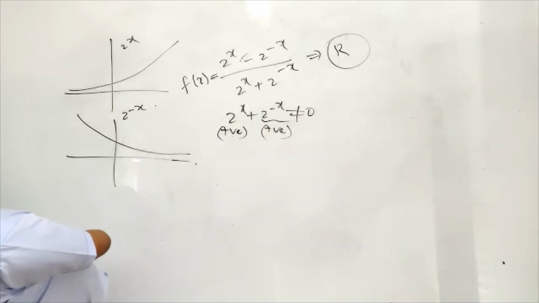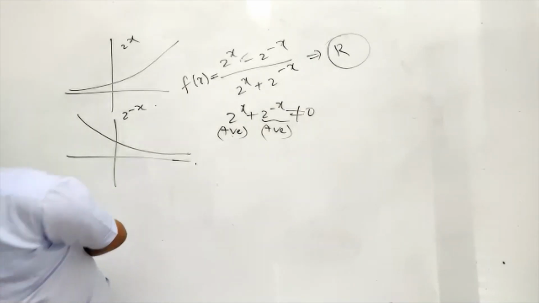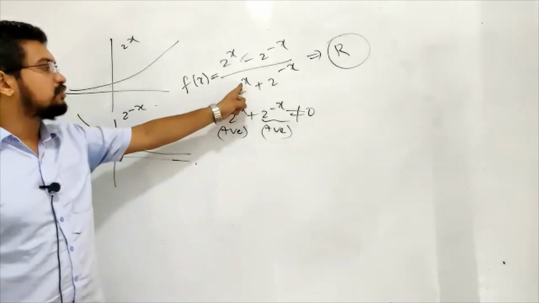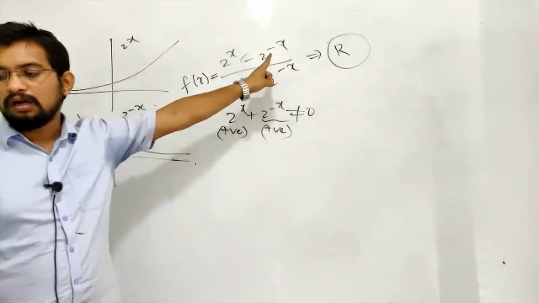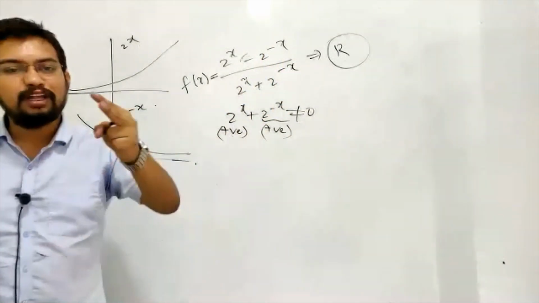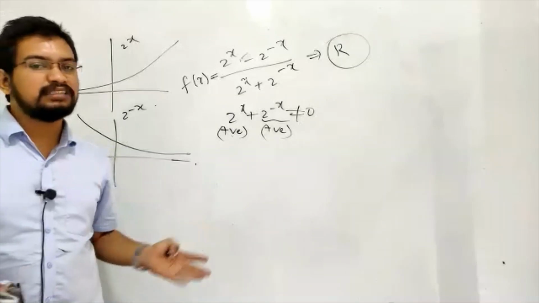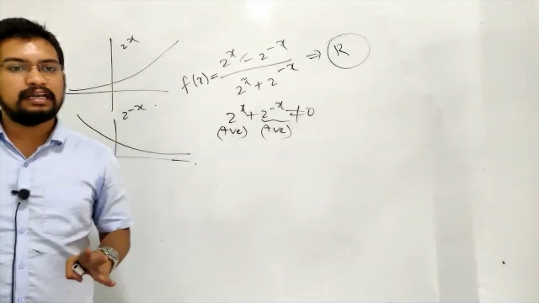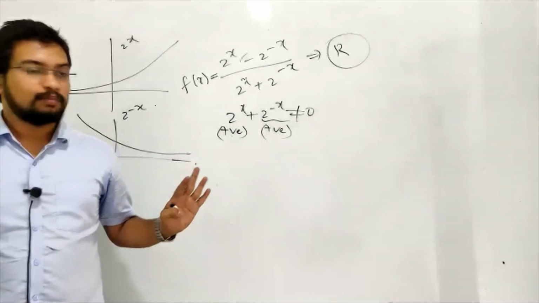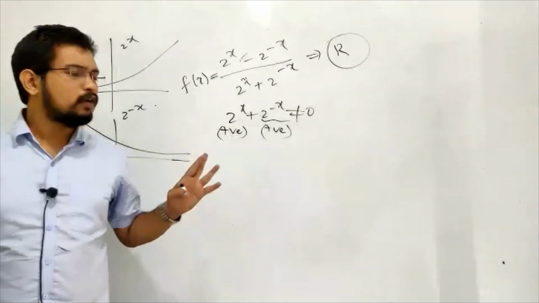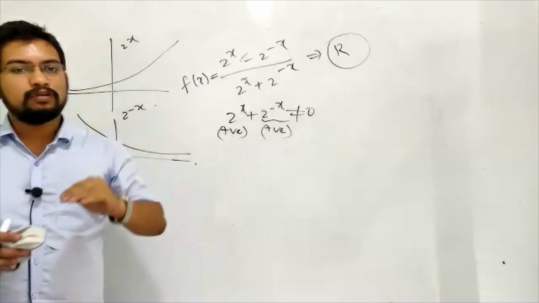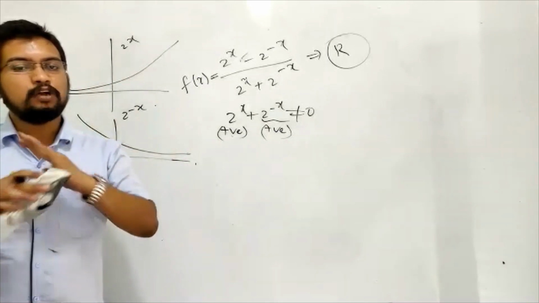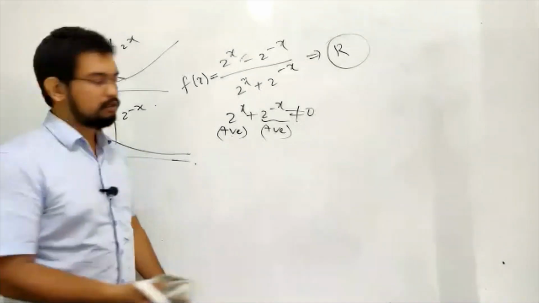Excellent. Most students have it. Shiva Shankar, x is not equal to 0. Why is x not equal to 0? Even if x is equal to 0, 2 power 0 plus 2 power minus 0, or 1 by 2 power 0, so 1 plus 1, that value will be equal to 2. No issue with that. You just need to check simply with common sense. Nothing new, no mathematical technique here, only common sense. Is it defined or not? Denominator 0 or not? If the denominator is 0, it will not be in the domain. That is the only thing. Next.